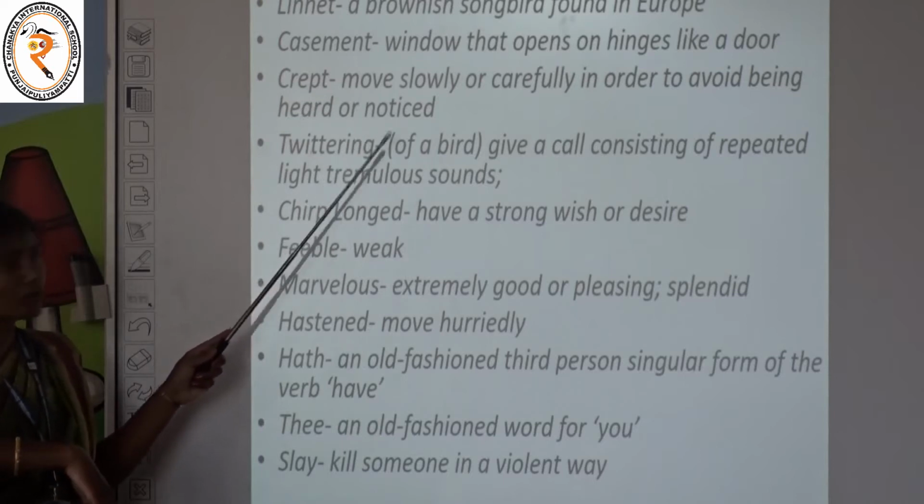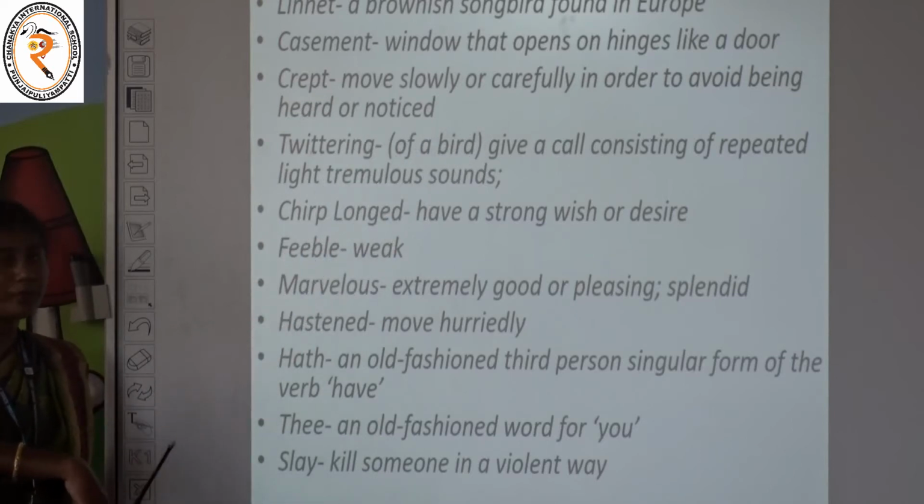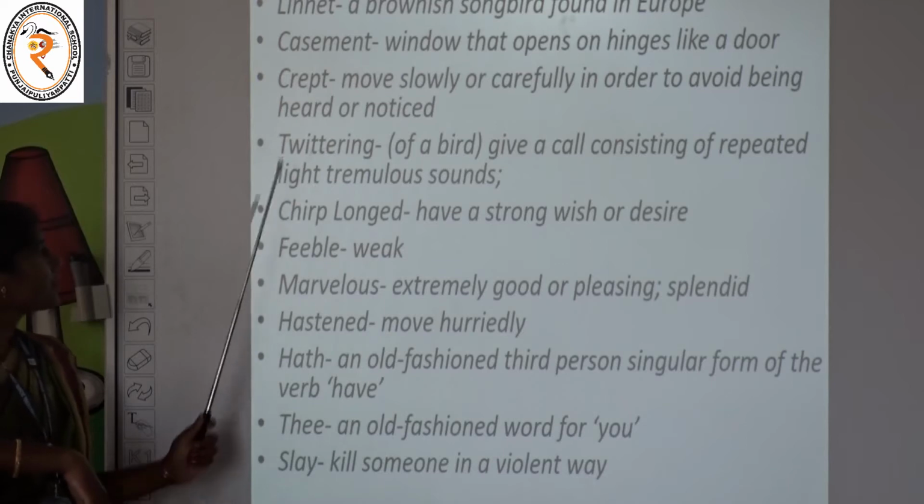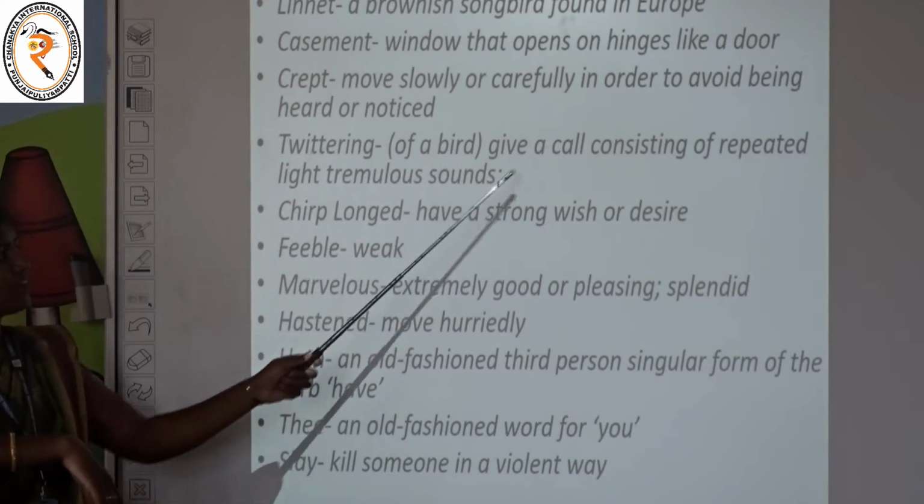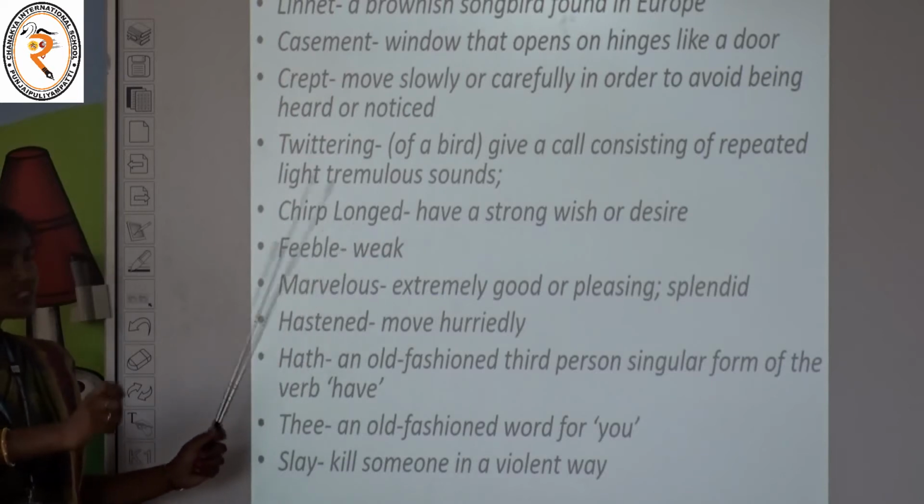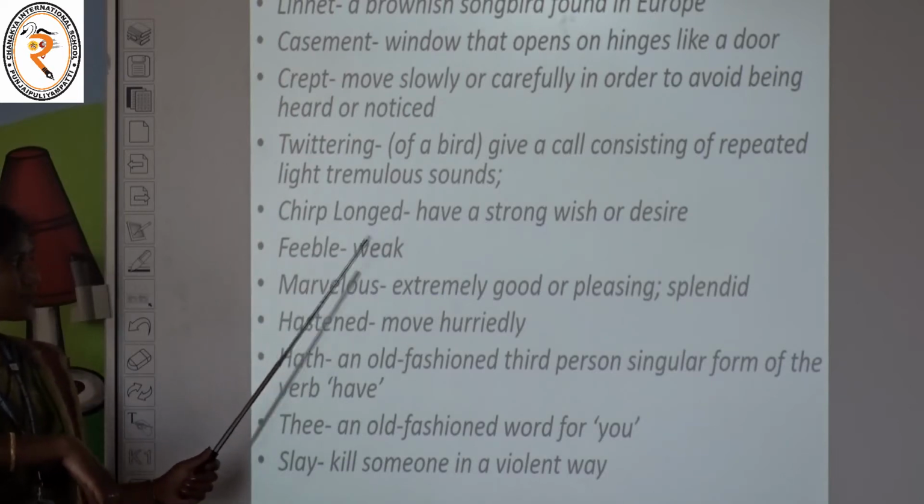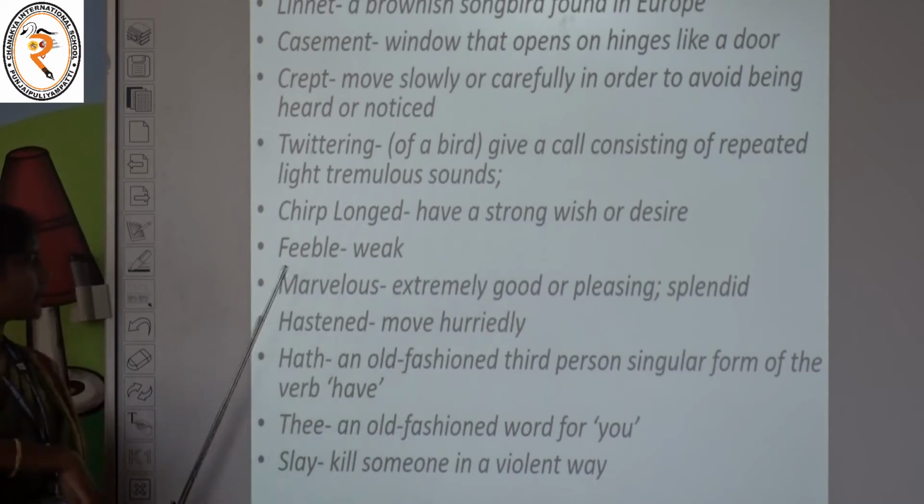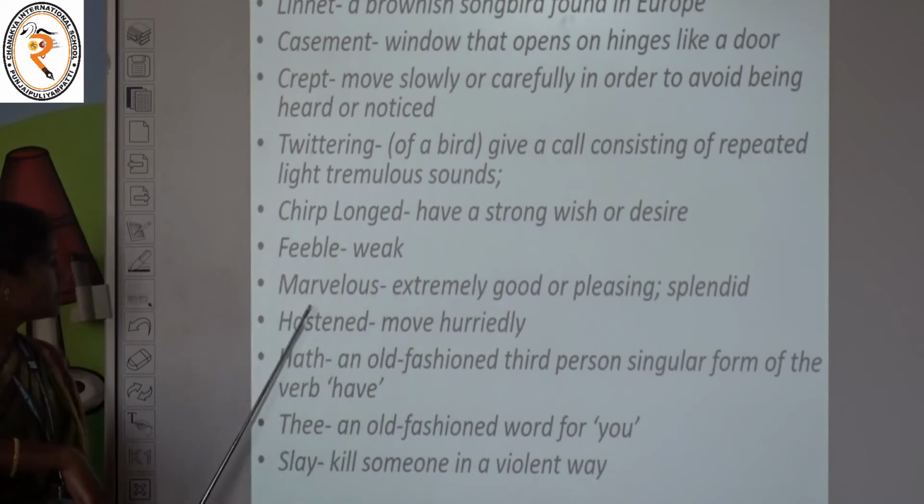Crept: move very slowly or carefully in order to avoid being noticed. Twittering: of a bird, gave a call consisting of repeated light, tremulous sounds, very sweet sounds. Yearning: a strong wish or desire. Feeble: weak. Marvellous,